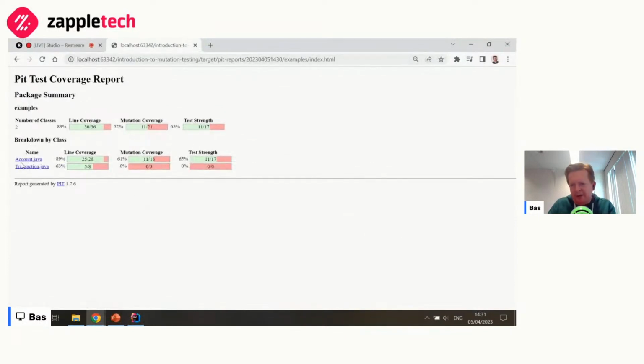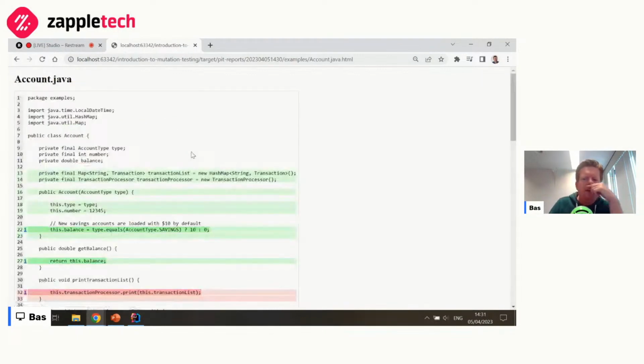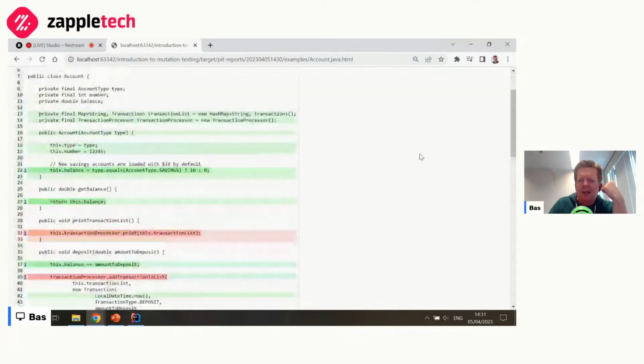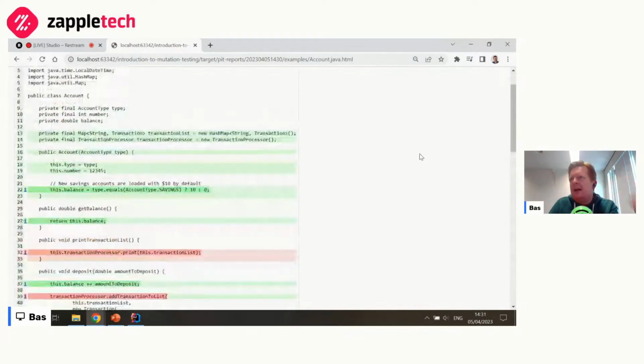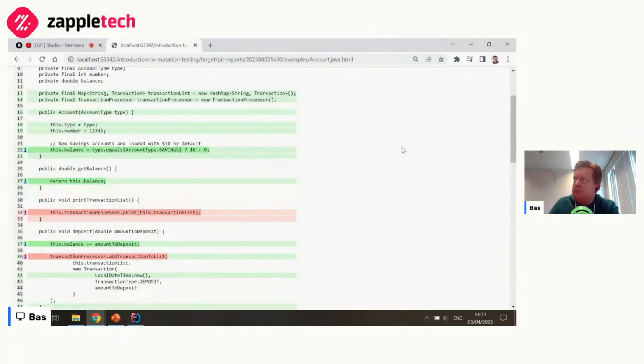So before I dive into the details, just remember we've got 52% mutation coverage and 65% test strength. If we look at the details, this is the information that a mutation testing tool produces. Green is good, as usual, which means that light green means this code was covered by the tests. So mutation testing does code coverage and more.